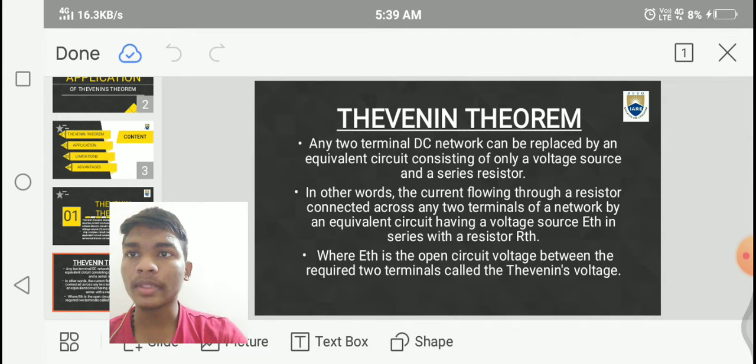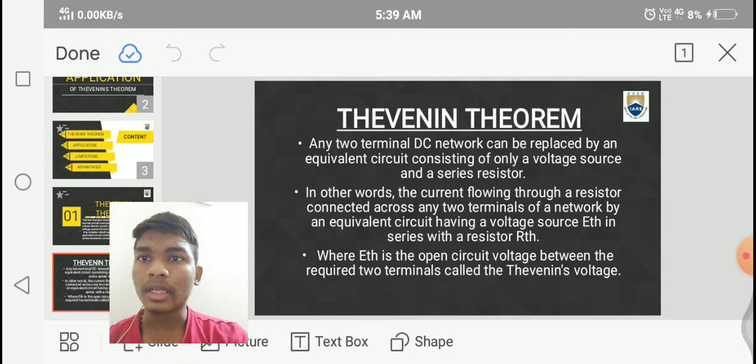Thevenin's theorem: any two-terminal DC network can be replaced by an equivalent circuit consisting of only a voltage source and a series resistor. In other words, the current flowing through a resistor connected across any two terminals of a network is given by an equivalent circuit having a voltage source E Thevenin in series with a resistor R Thevenin, where E Thevenin is the open